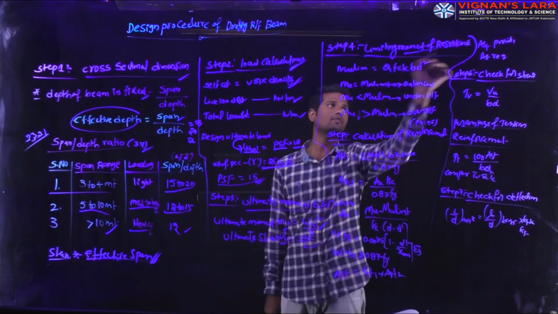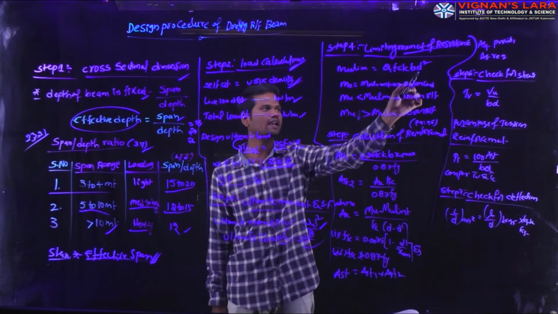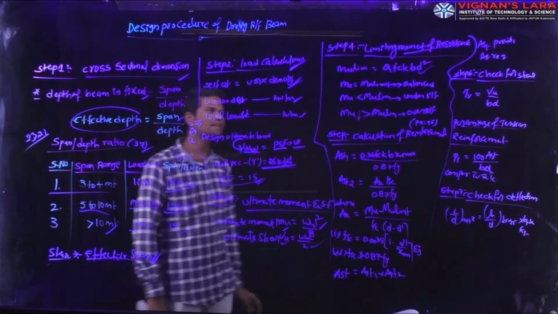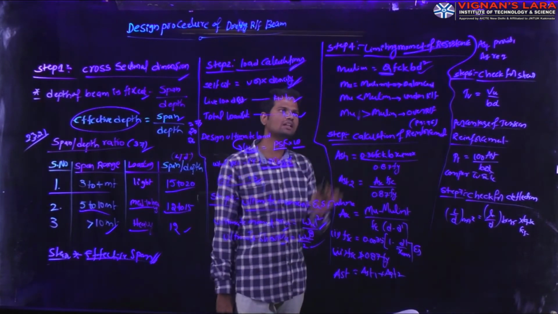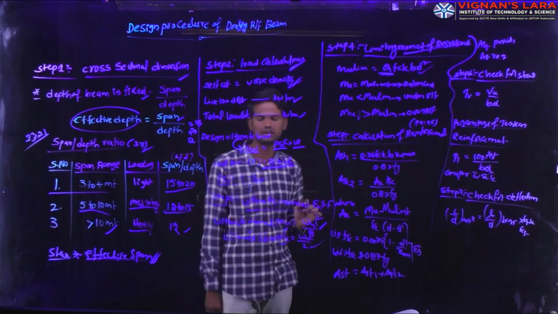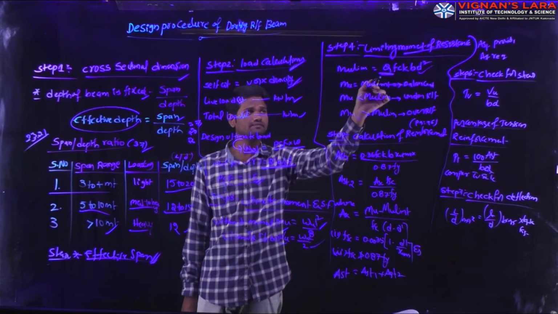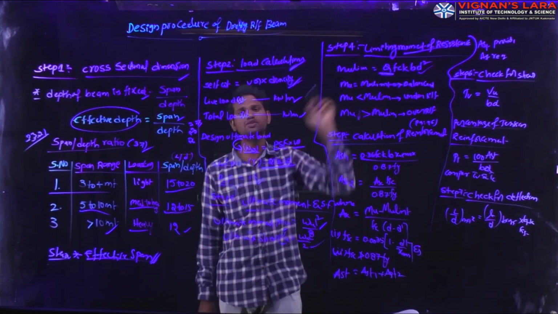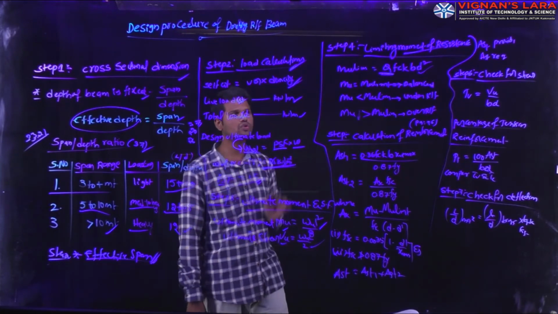Next, step number 4, we are having the limiting moment of resistance. The limiting moment of resistance, again we are calculating by using the formula Mu limit equals Q into fck into b d square, where this Q is a constant value. Based on the grade of the steel, the Q value may vary. Suppose if you are using the grade of steel as Fe250 or Fe415 or Fe500, based on that the Q value may vary. For Fe250 we are taking it as 0.148. For Fe415 we are taking it as 0.138. For Fe500 we are taking this value as 0.133. All these values you have to remember.